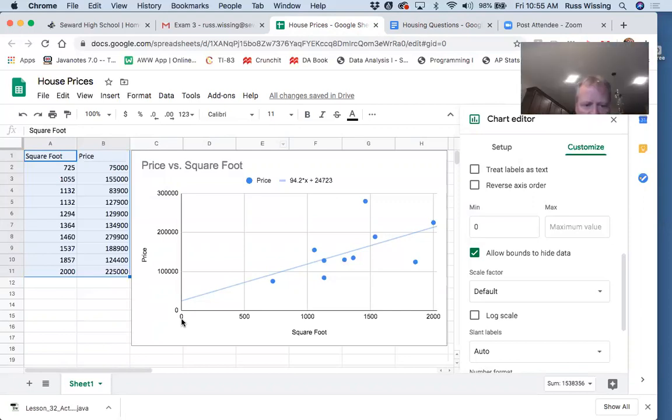So it's like 0 square feet. So why would anyone pay $24,723 for a 0 square foot house? Anybody got ideas on that? The land. Yeah, there you go. So you have to buy land to put the house on. So the y-intercept in this case represents how much the average price for land is based on this